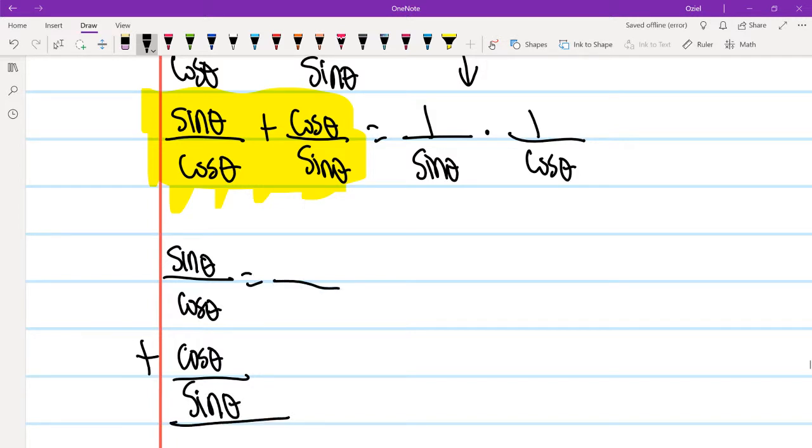And we know that in order to get the denominators the same, I would have to multiply sine of theta and cosine of theta, because there's no other way that the denominator can be the same. So I would say sine of theta cosine of theta on both terms,